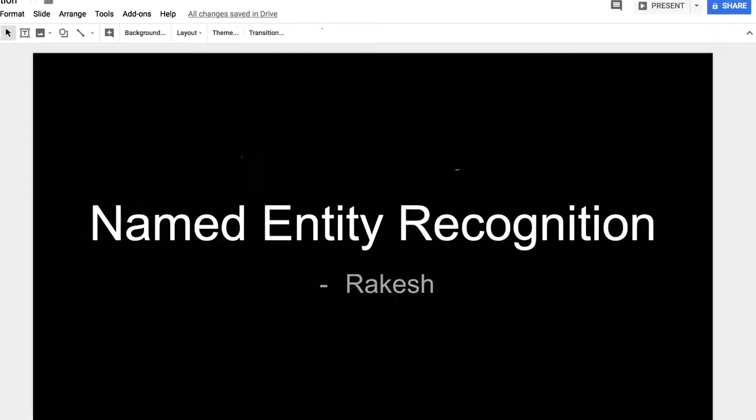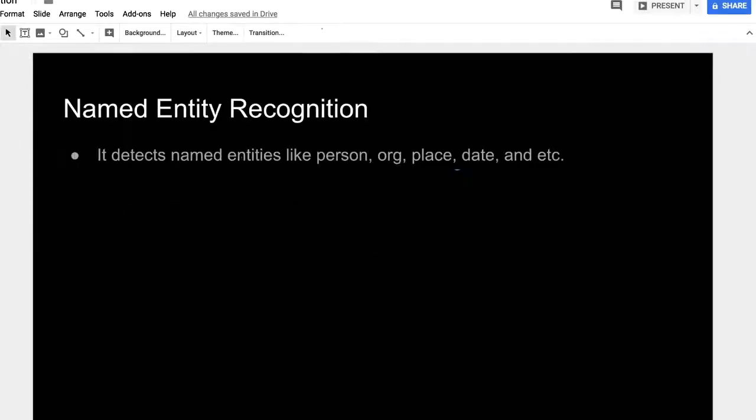Now we are going to discuss named entity recognition. This is an important concept in natural language processing. If you want to develop any natural language processing application, then without this concept you can't develop even a simple application. That's the power of named entity recognition. It's a mandatory video for those people who are trying to develop any natural language application. The basic definition of named entity recognition is that it detects named entities like person, organization, place,